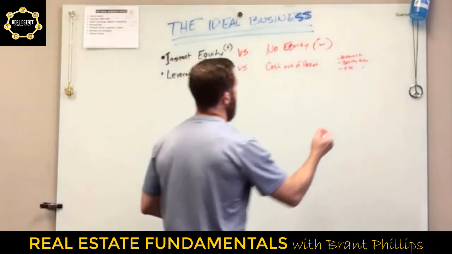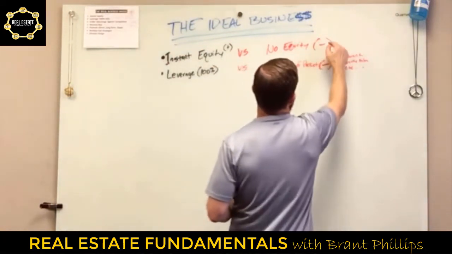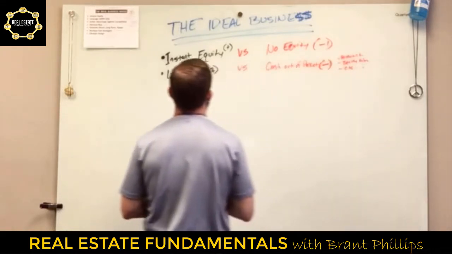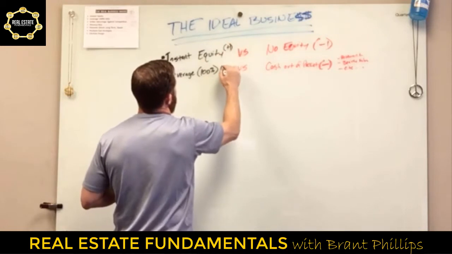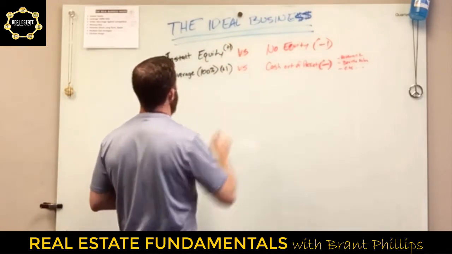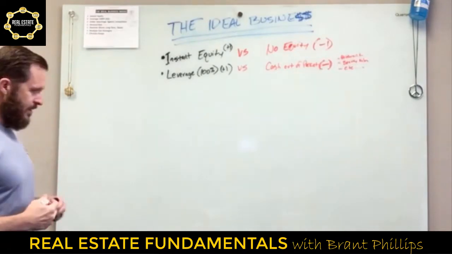So I'm going to say this is a negative, right? This is like a -1. We're scoring things over here. That's a -1. Real estate so far, we've got +1 here. We're winning the battle so far. Okay, so then let's look at